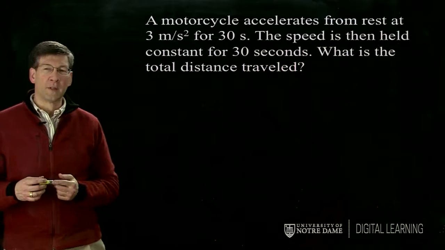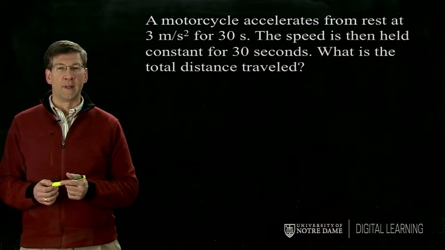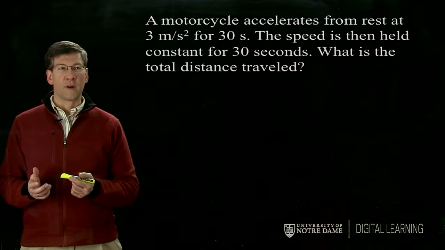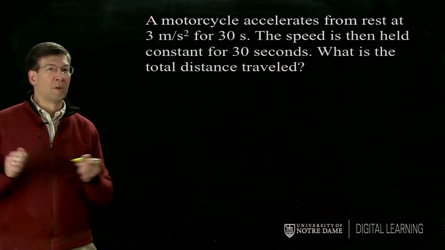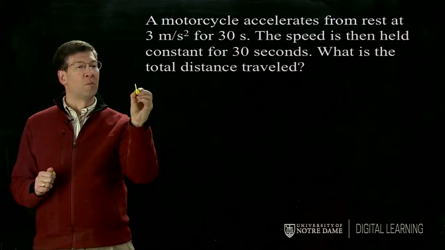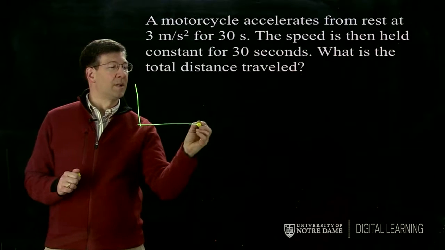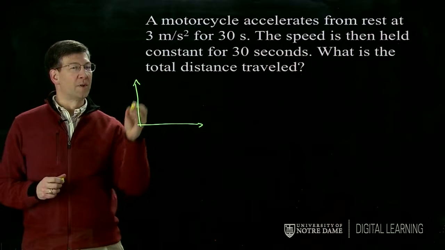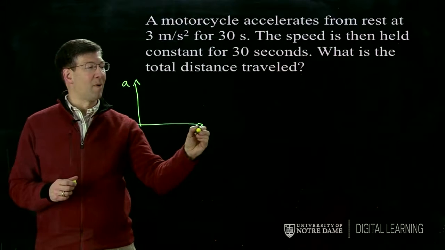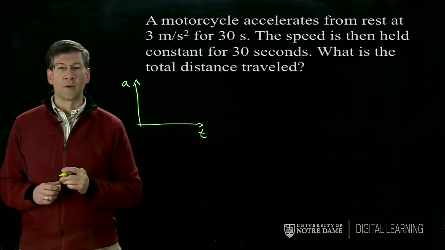There are a number of different ways to look at a solution to a problem like this. One of the things that we can do first is to draw some graphs of the motion, just like the same velocity, acceleration, and position versus time graphs that we were drawing before. So first, let's draw an acceleration versus time graph, since that's what we're given in terms of the initial conditions